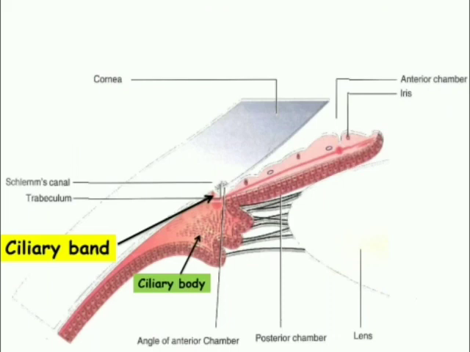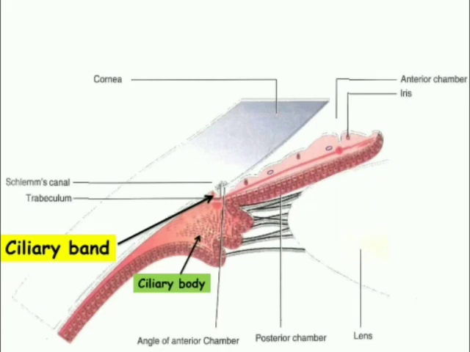The ciliary band is the most posterior landmark in the anterior chamber angle. It is formed by the anterior most part of the ciliary body between its attachment to the scleral spur and the insertion of the iris. If you look at the diagram, we understand the ciliary body band, or the ciliary band, is formed by the anterior most part of the ciliary body, and further it is attached to the scleral spur.